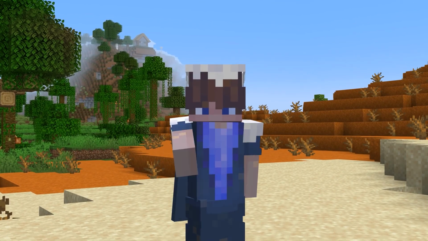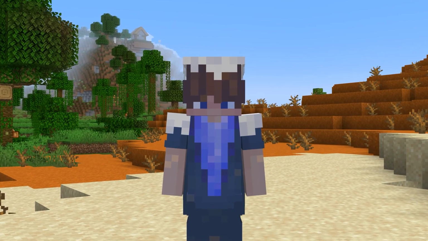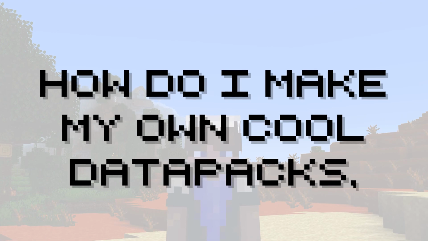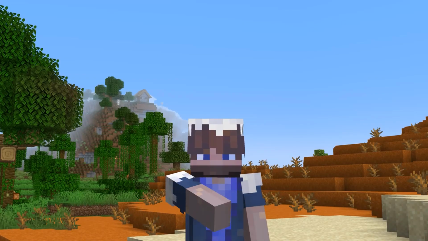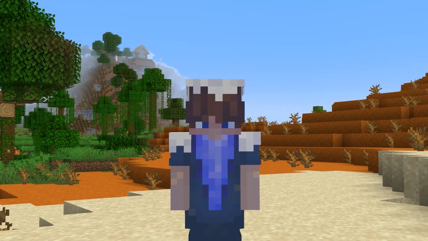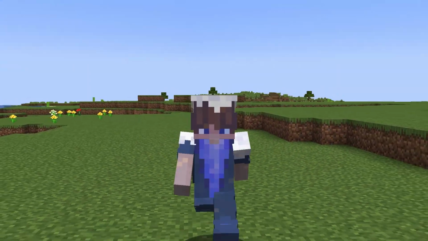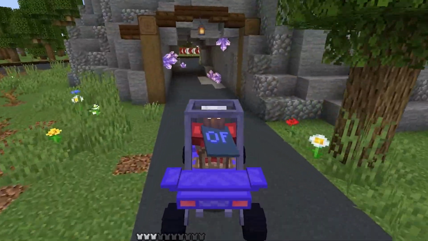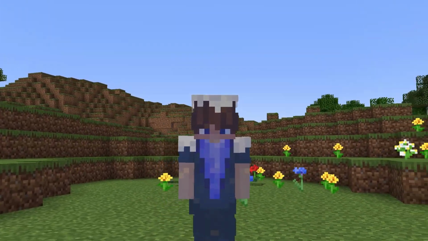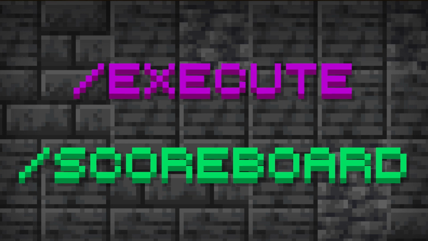So now that I've shown you an example of a data pack, a question you might have right now is, how do I make my own cool data packs if I have no knowledge about commands or NBT data? In order to answer your question, you need to understand that Datapack function files are just many commands put together in order to create actual cool things in Minecraft. In order to make your own creations, you have to start learning about the different commands that you'll be using